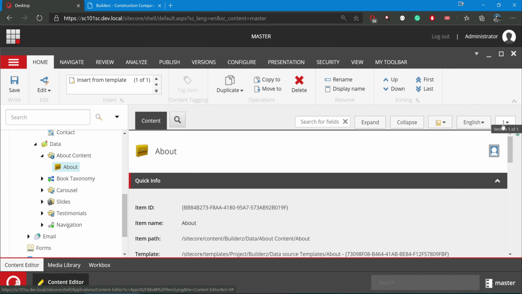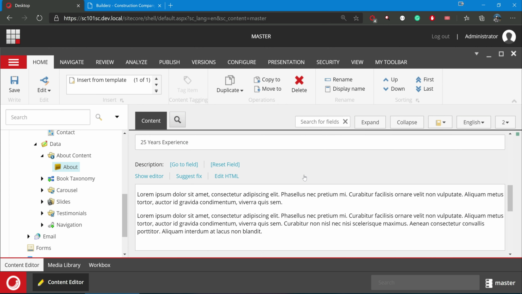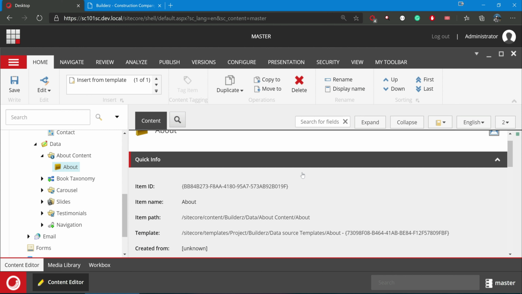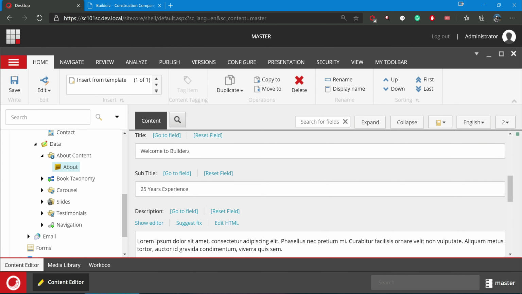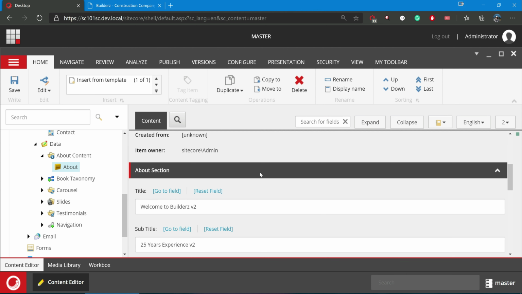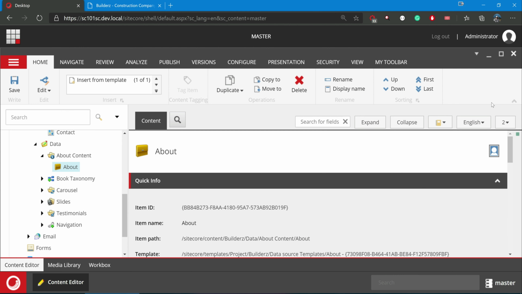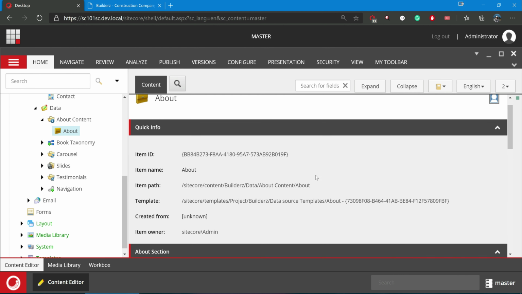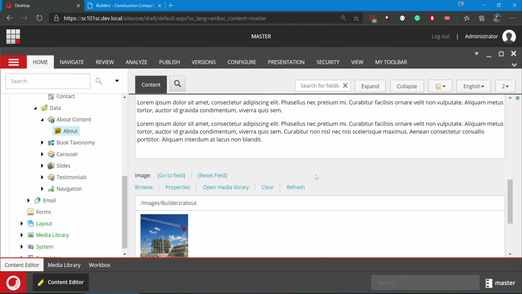We can have another version here too. So this version can be changed. So builders v2 25 aspects. I'm just adding v2, that's much easier. So we can have even data source like this,